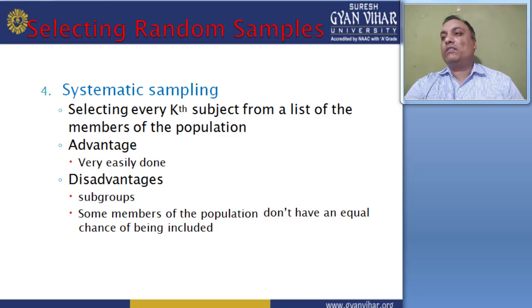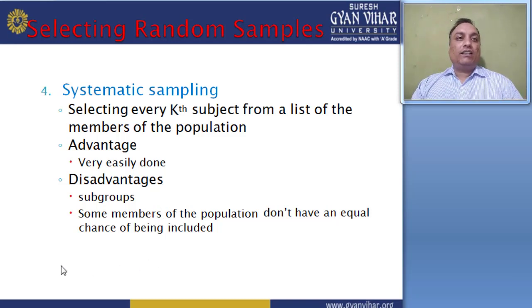So here are some advantages and disadvantages for this case. The advantage is that it is very easily done, because one known person always knows who is the best and who is the loser, right? Or who is the faltering person here, right?